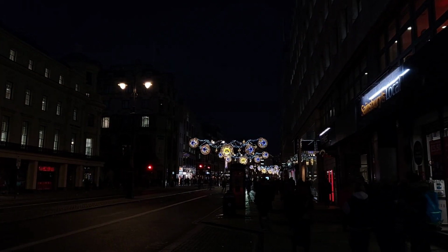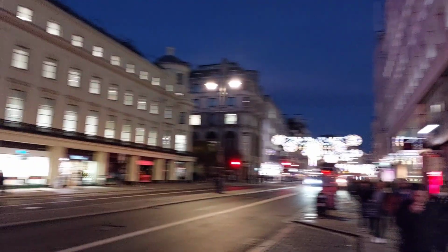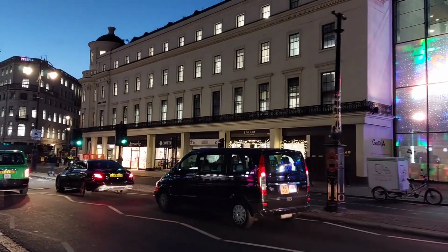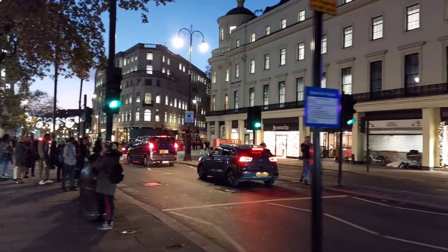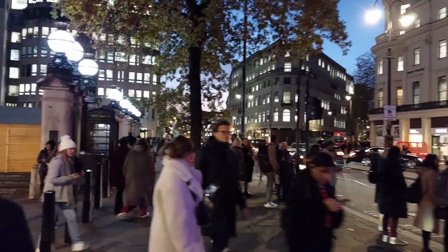Ooh, someone's playing some music. The Strand lights over there in the distance. We don't actually come here, but we do see some of the Strand lights. But the reason I did come here today was to show you those two cool light displays. But because I am depriving you of a tree, I thought I'd show you the tree here by the hotel